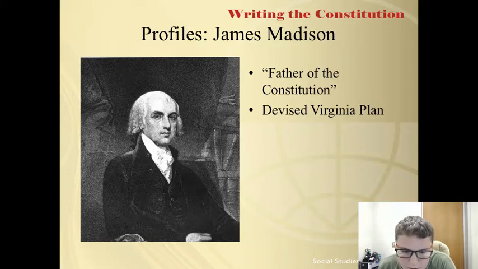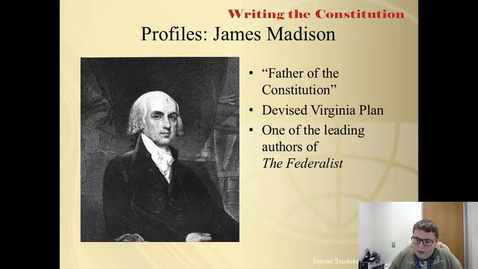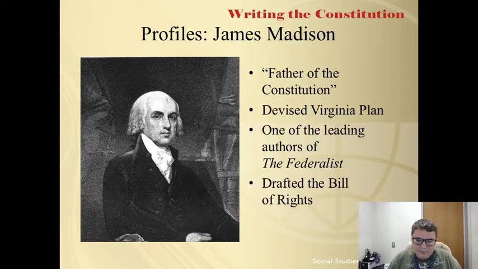He also led the fight over the Constitution's ratification by Virginia, along with Hamilton and John Jay, producing The Federalist, a set of essays designed to sway opinion in favor of ratification. When the addition of a Bill of Rights became a ratification issue, Madison authored 10 amendments, which became the Bill of Rights.